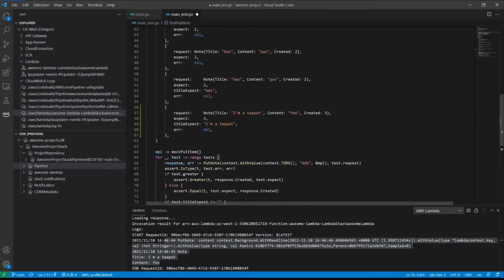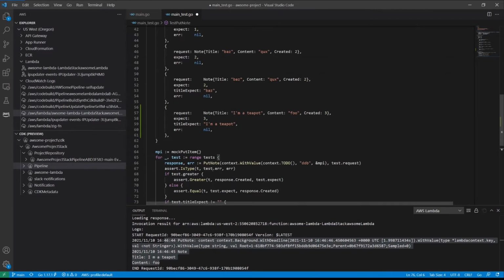This particular Lambda function is working with DynamoDB, so we want to make sure that our unit tests are self-contained. We want to be able to run this on a plane or anywhere else that doesn't have internet access. We want to make sure that we're not dependent on other services, and that will give us the most consistency in terms of actually writing the tests.